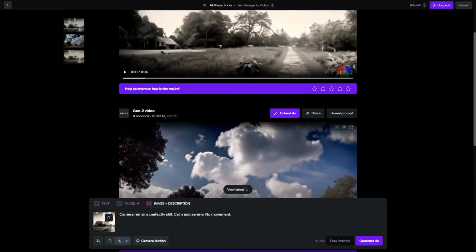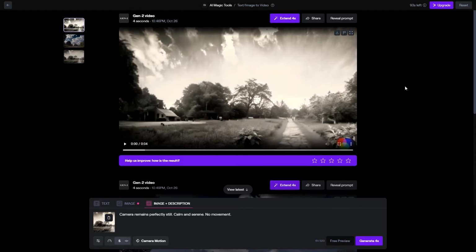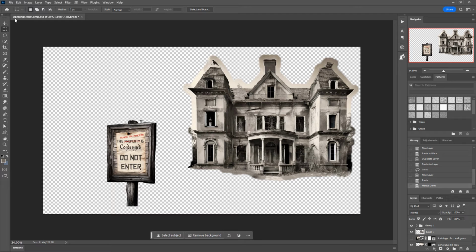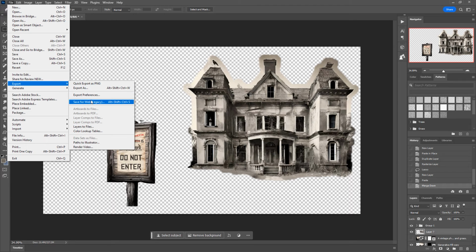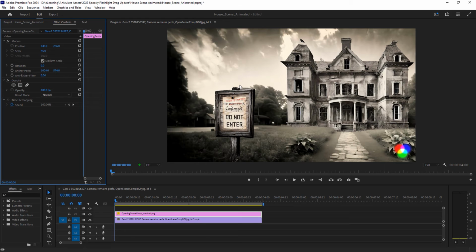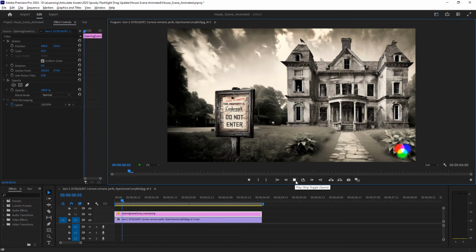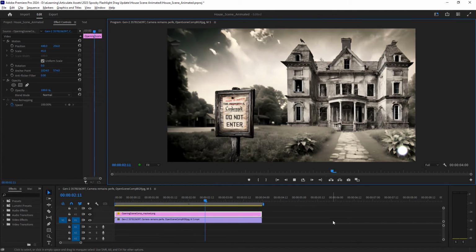So now I'm ready to compose my full scene together in Premiere Pro using my foreground objects rendered out as a transparent background PNG. After scaling them into place on the video, I pretty much now have the final result I was hoping for.